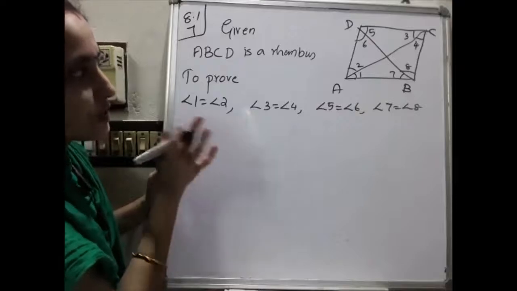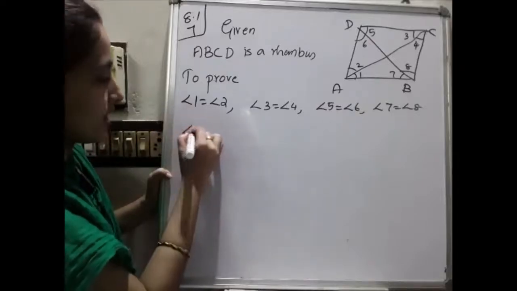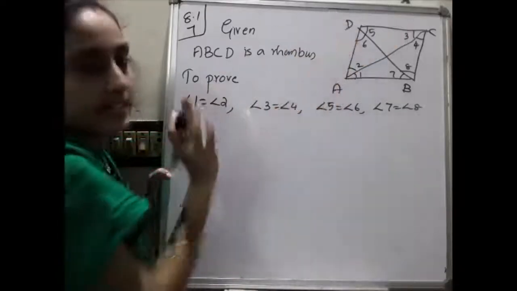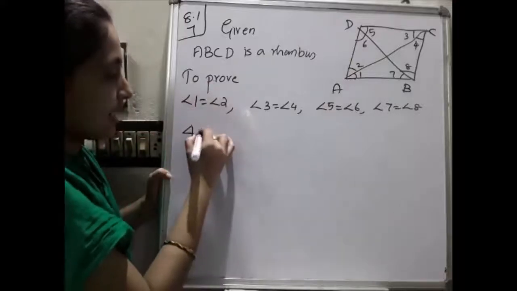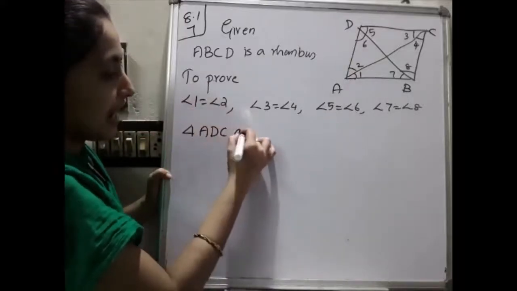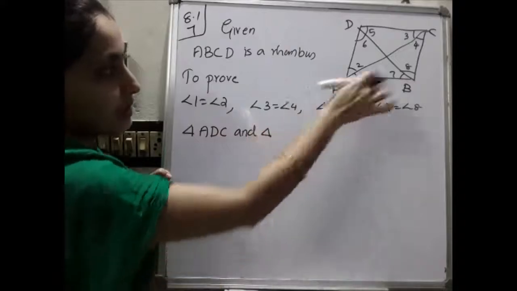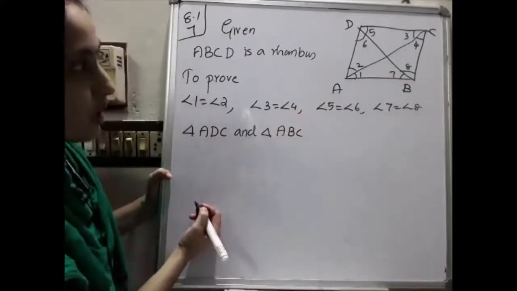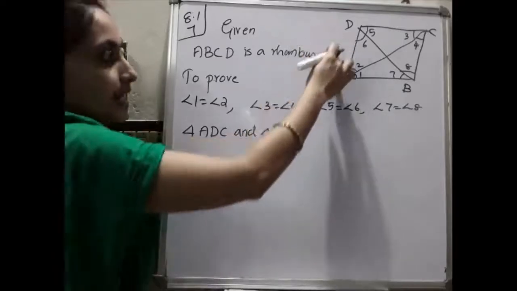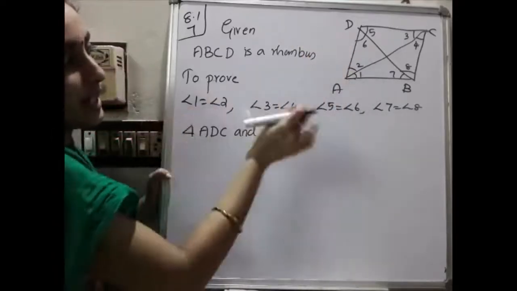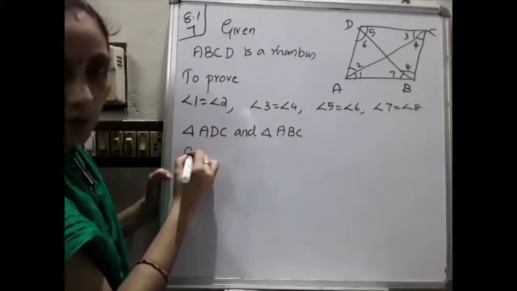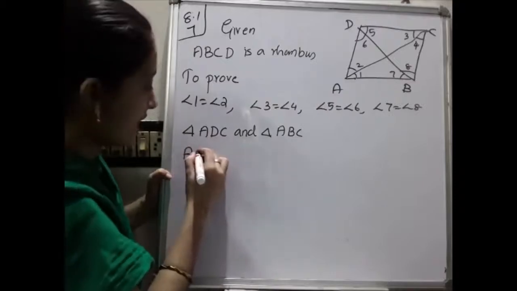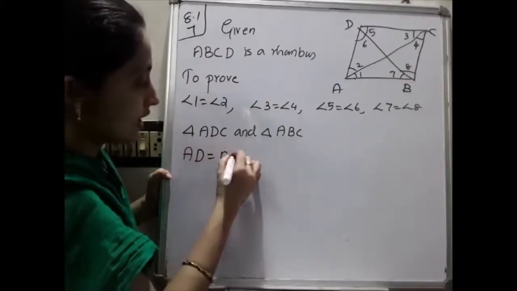Okay, listen here please. While moving to this, we have to consider two triangles. So triangle ADC, it includes adjacent sides, and the remaining triangle ABC. These two triangles we are considering. So out of this what we can write? Yes, AD is equal to what? AB you can write because it is a rhombus. So adjacent sides are equal. So you can write AD is equal to AB.